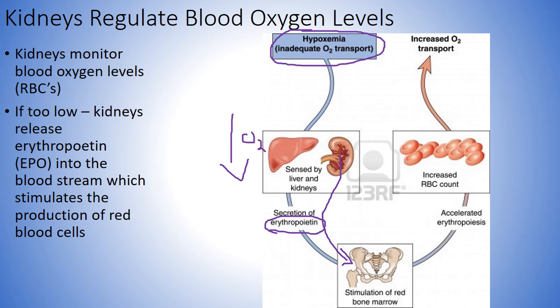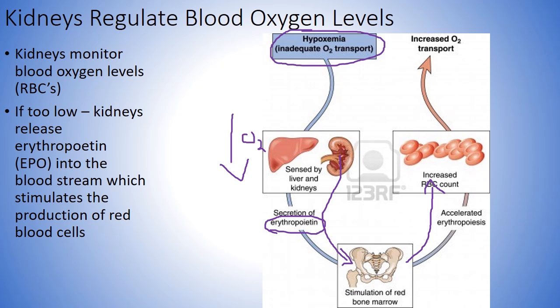You might have heard of EPO, and you might relate it to Lance Armstrong. He used EPO to dope. Now, the reason why this puts him at an advantage is that erythropoietin stimulates the production of red blood cells. We see an increased amount of red blood cells in the circulatory system. Well, red blood cells' function is to carry oxygen. So when you can supply your muscle tissues with an increased amount of oxygen, you can train a lot longer